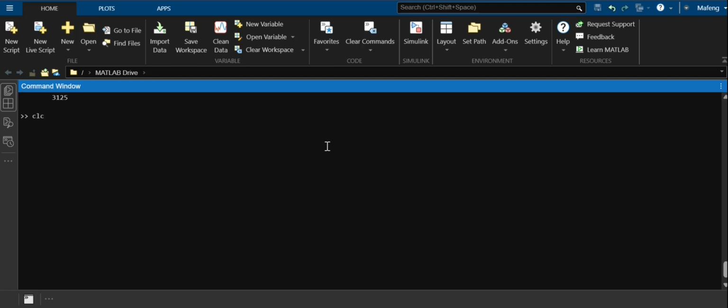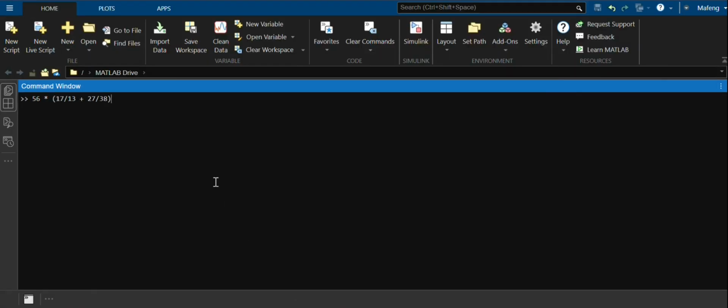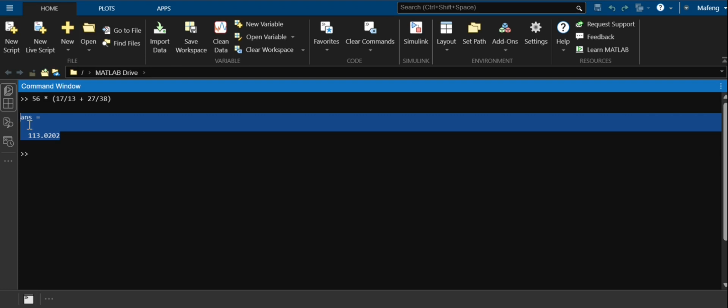So to clear your screen, you can use CLC, clear screen, and that erases everything in the command window. So let's write out our expression. So 56 times, we open the parentheses and type 17 divided by 13 plus 27 divided by 38. You have to remember to close your parentheses, if not MATLAB will throw an error. So this will be evaluated, and the answer is 113.0202, and this is saved in the variable ANS,